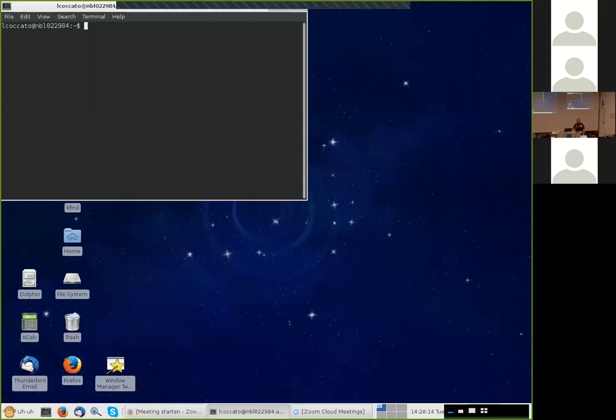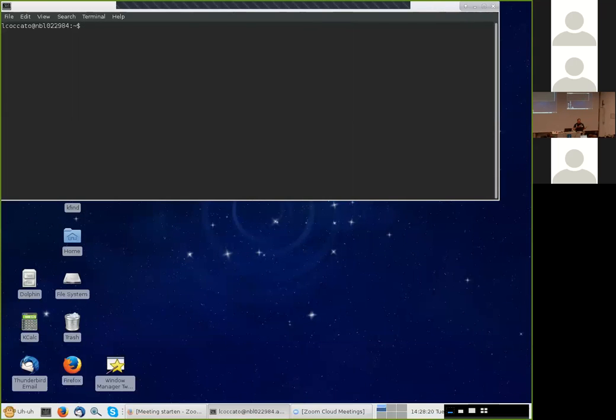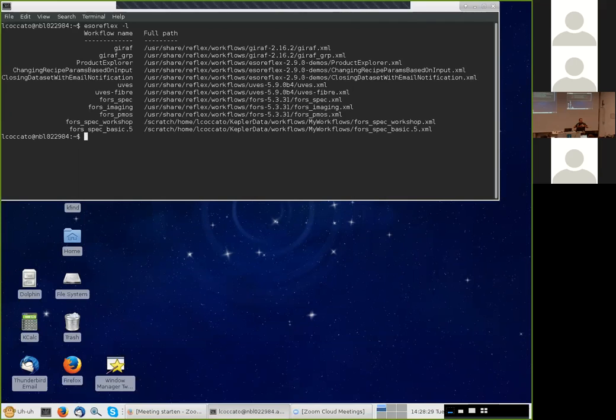Namely spectroscopic FORS2 data. So what I have to do first is to launch my reduction software, which is ESO Reflex. I just have to type ESO Reflex. If I type -L, I get the list of available workflows. A workflow is associated to an instrument and a mode, so I have to select the right workflow that